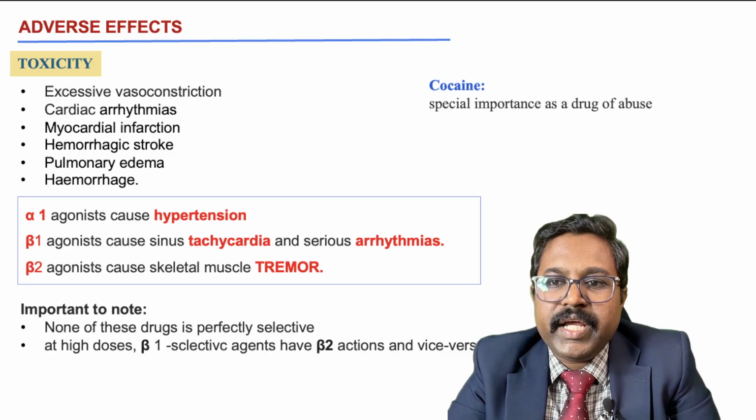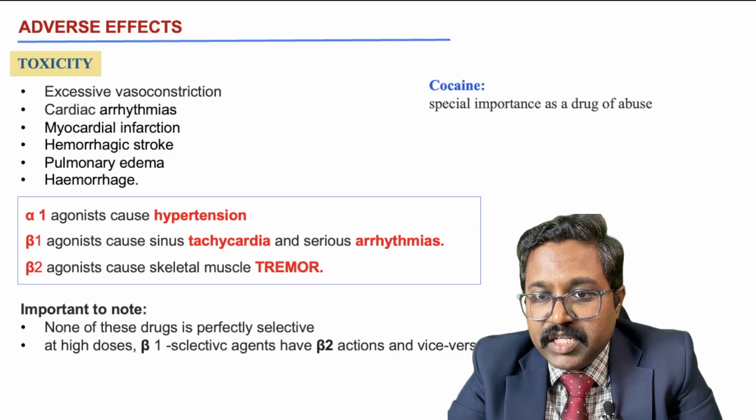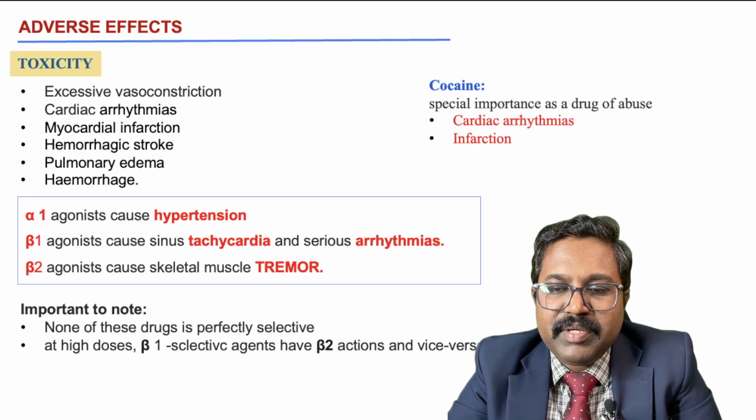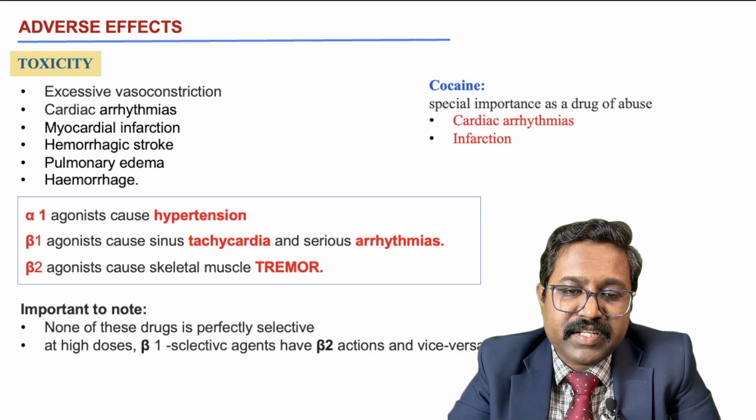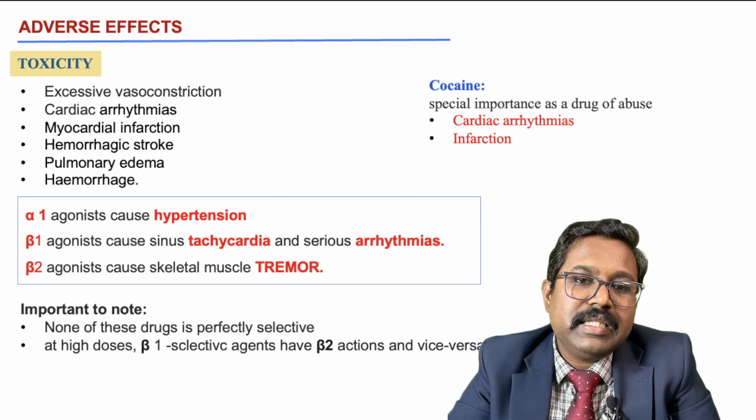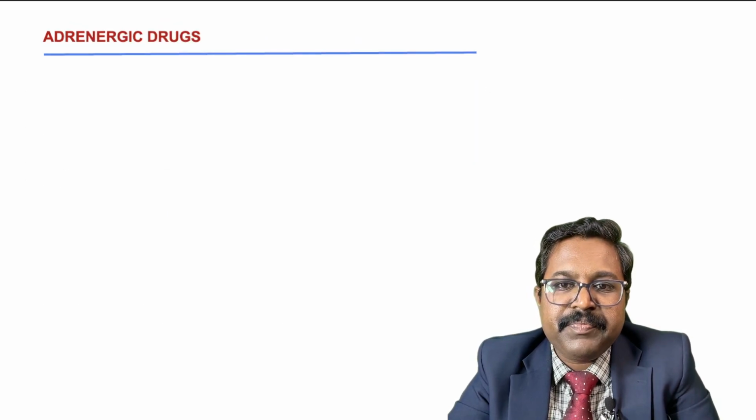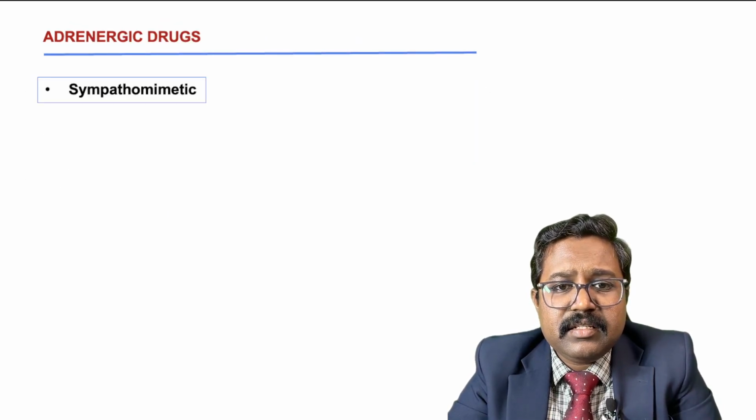And coming to cocaine, it is of special importance as a drug of abuse, and it can cause cardiac arrhythmia, infarction, and seizures, which are very important side effects that differentiate it from amphetamine. So as